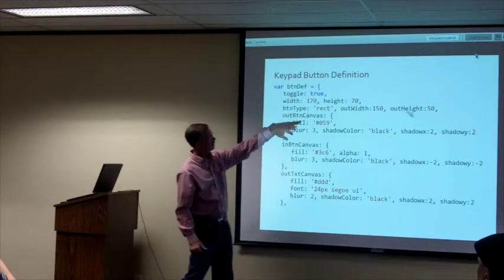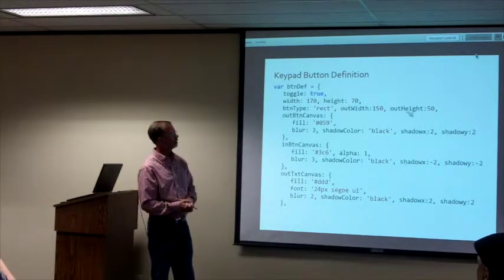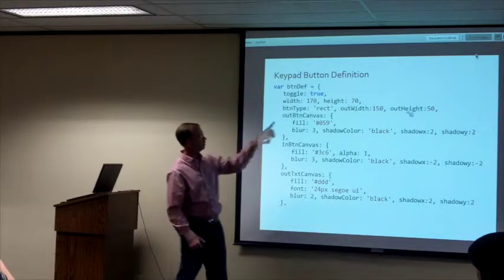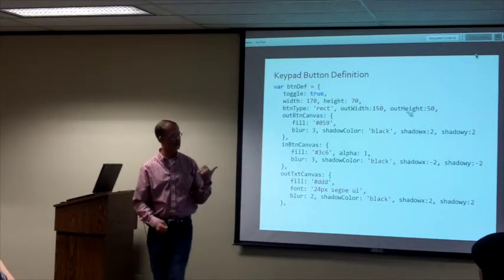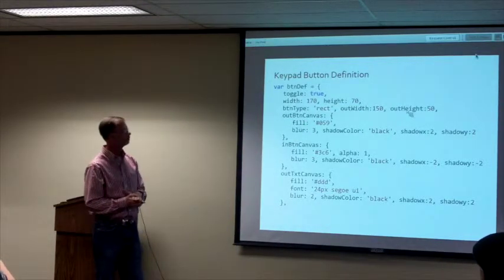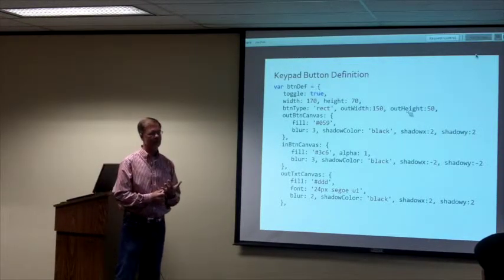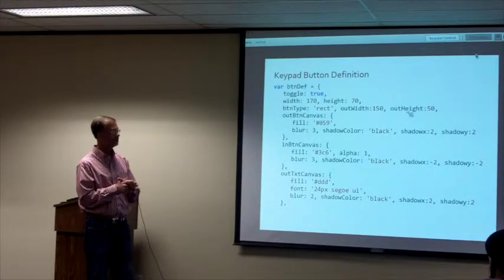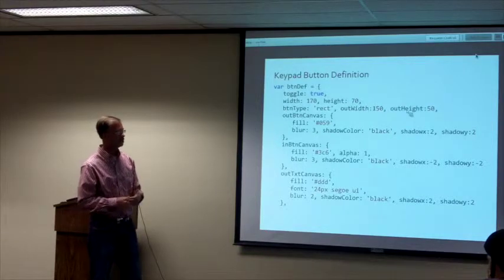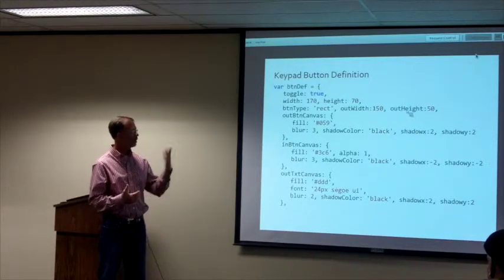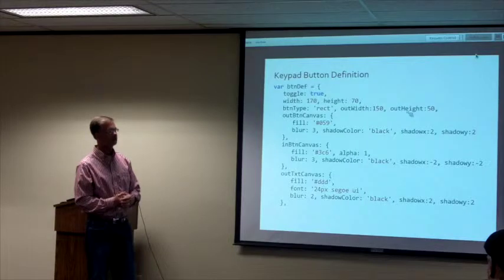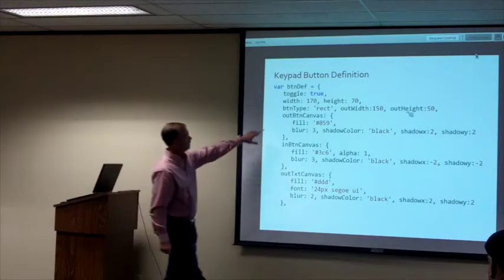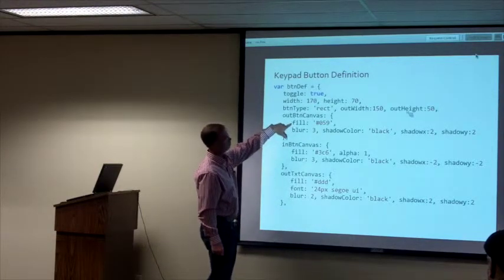Okay, the button type is rectangle. Rectangles have a width and a height. If this was a circle, then we'd have a radius there. We wouldn't have out width and out height; we'd have the radius. If you do not set an in width and height, the state of the button is pressed in. If I don't specify those dimensions, then it's just going to automatically use whatever the out width. Most of these values will actually default to something if you don't specify them. Like on these, the button canvas, there are a lot of other options, but